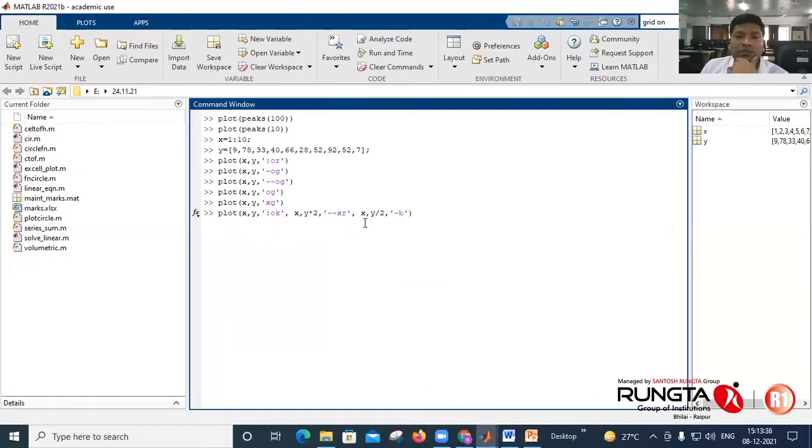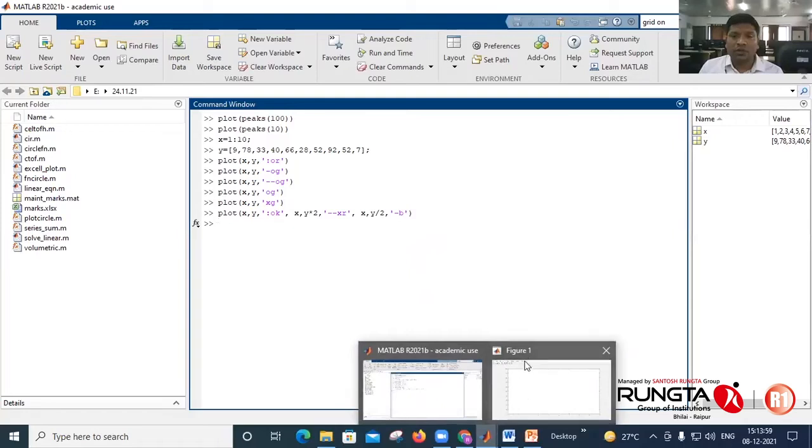On the same graph, I am plotting X and Y by 2 with solid line, okay, single dash is a solid line, B blue color of line. Okay, I'm not specifying any mark for third. Okay, so here enter.